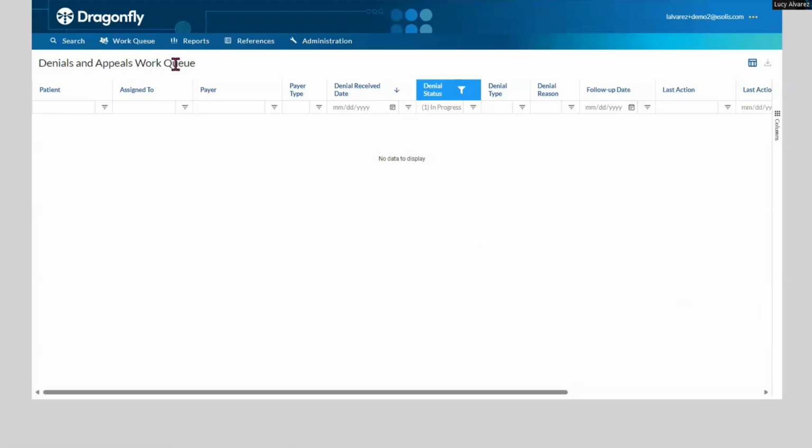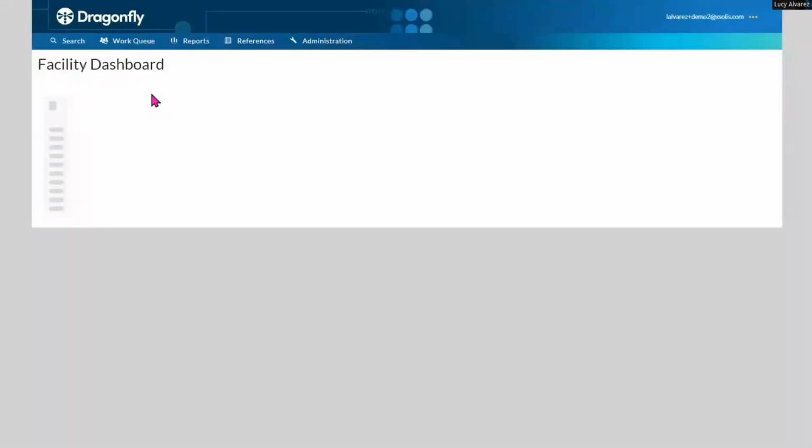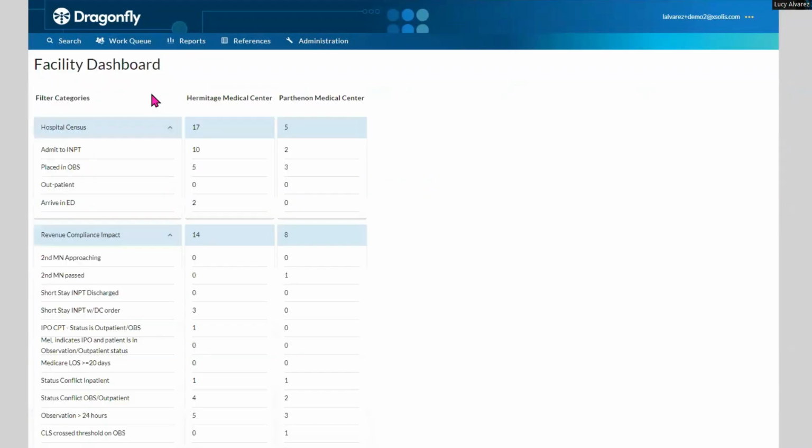The next item here is your work queue. If you go down to your work queue, you'll see your facility dashboard. The facility dashboard is what you call work queue dashboard in Cortex. This shows an overview of all the facilities you have access to, including smart filter information for each facility. This is a very convenient, comprehensive, centralized hub, especially for leadership or weekend staff to stay informed about the activities